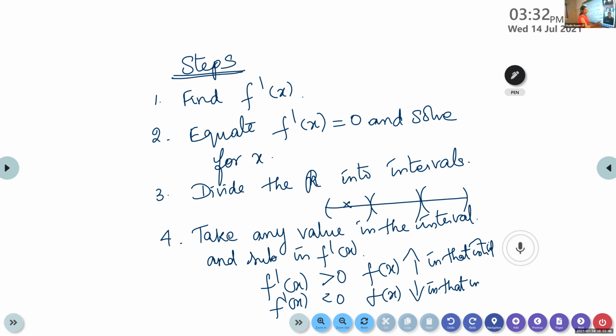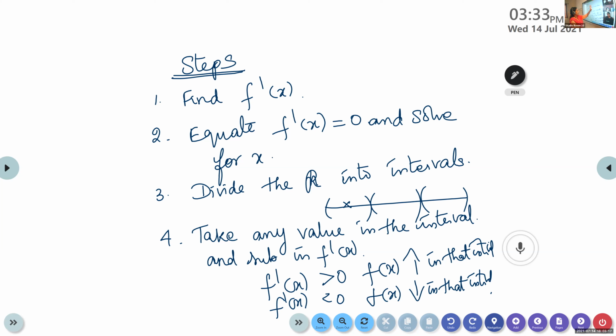Is the method okay, children? Look here. This is the common method. This is the method we use whenever we are given trigonometric functions. In the next class, tomorrow, we'll be doing trigonometric functions. So if we want to divide into intervals, we should be thorough with the formulas we have learned in 11th standard. Sin 2a, cos 2a formulas and all we need.